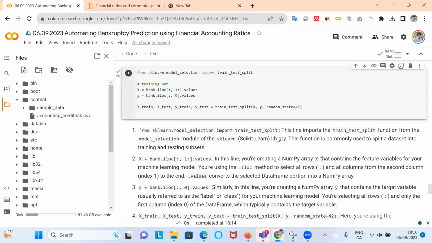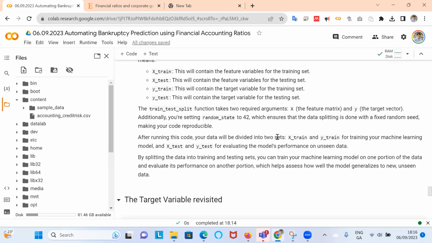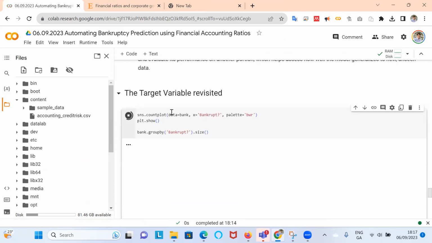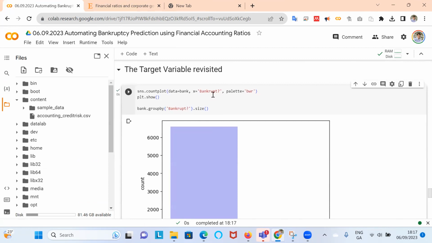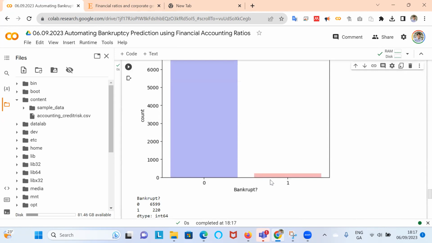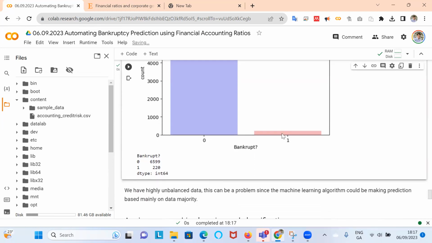Again, I've left a little bit of commentary here explaining the terminology, so you can familiarize yourself with that. And remember the Y here, if we were just to map out the Y, the target variable, we can see the bulk of the time companies are not bankrupt. In very few instances, out of the 6,800 or so rows, only 220 was a situation where there was bankruptcy. So most of the time, if you just predict not bankrupt, you're going to be right the bulk of the time.